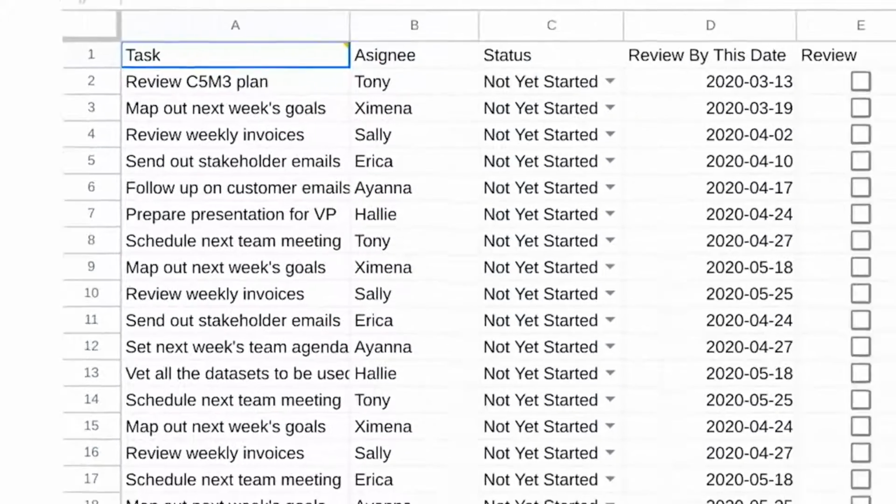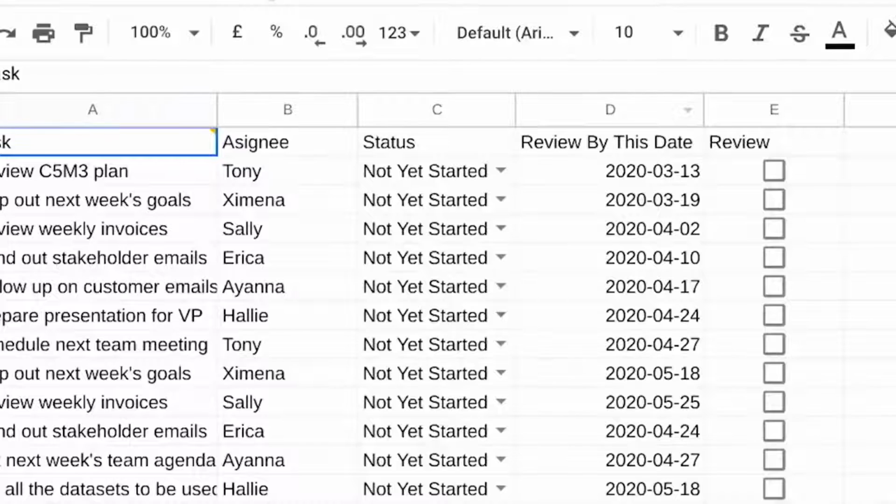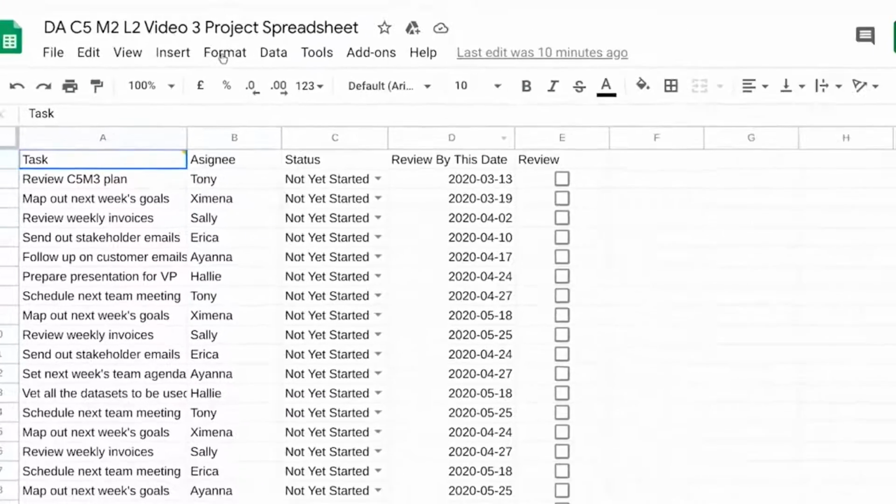This table has useful information, but it takes a second to understand. Right now, we don't have a visual on how many tasks are in progress or how many upcoming deadlines there are. But if we color-coded those elements of the table, we could quickly see key pieces of data really easily. Let's start with the status column, column C. In the last example, we created these drop-down menus with the data validation tool. Now we can use conditional formatting to add some color.